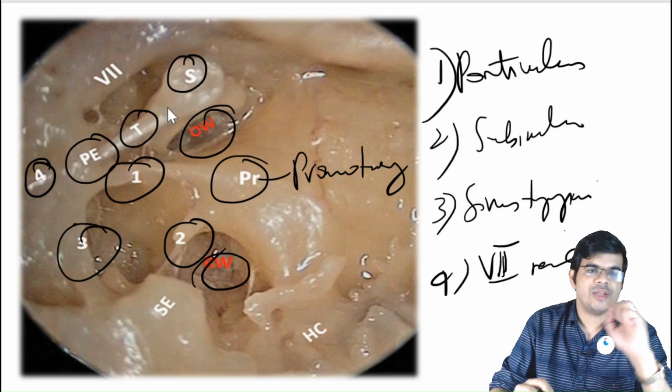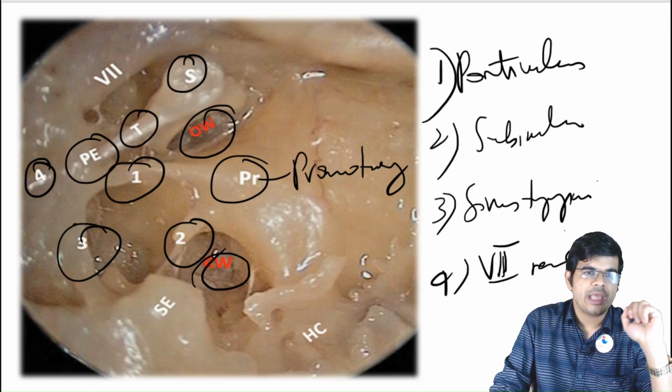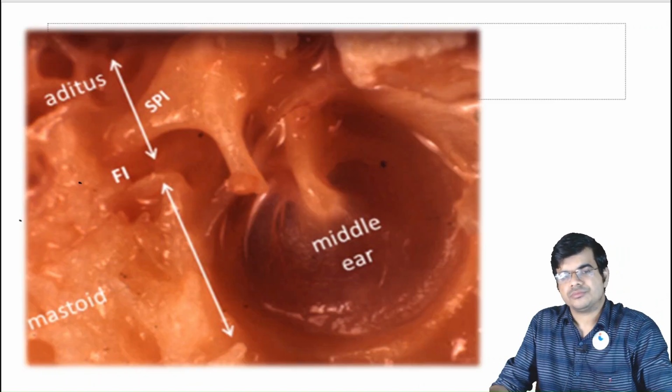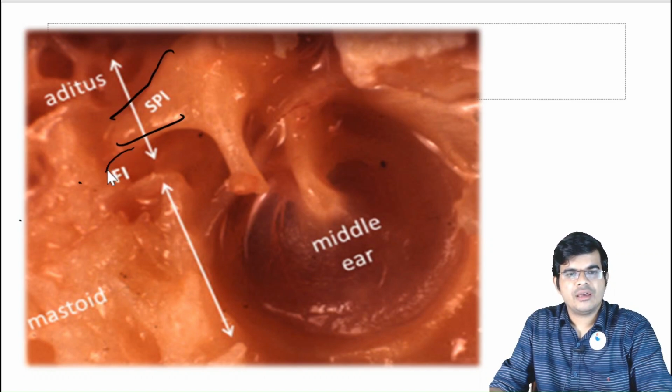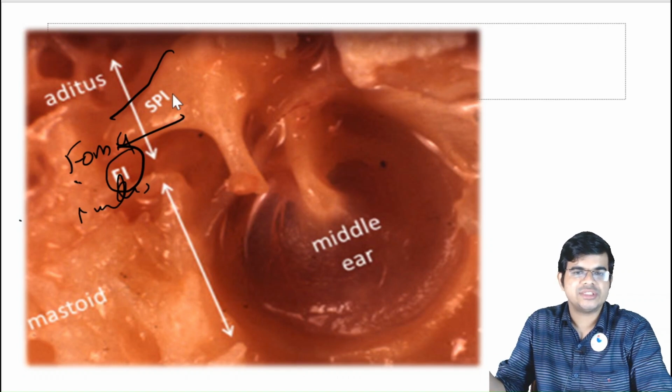Okay, sometimes such endoscopic pictures can also be kept for your exam. Now you can see how the short process of incus is kept in the fossa incudis. Okay, fossa incudis. Right, this is another picture which is seen after removal of the outer attic wall as well as the